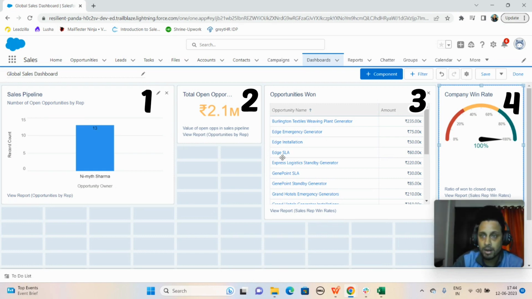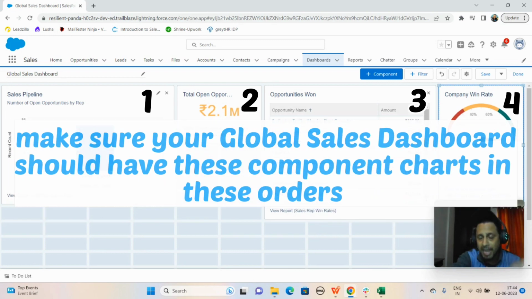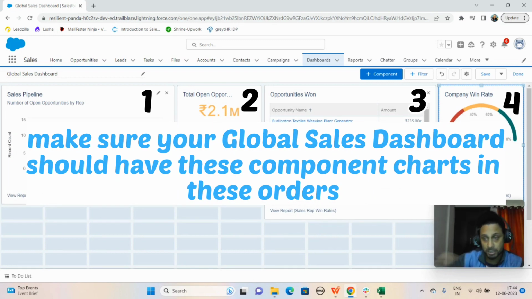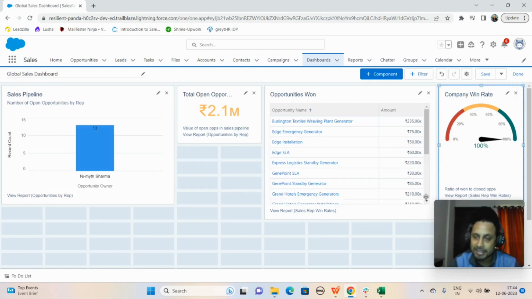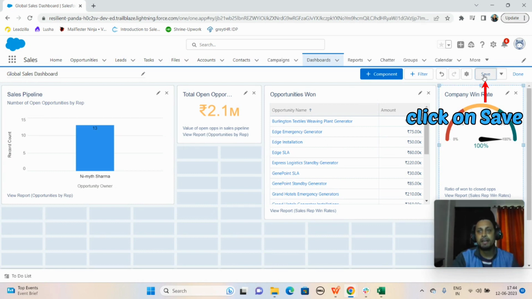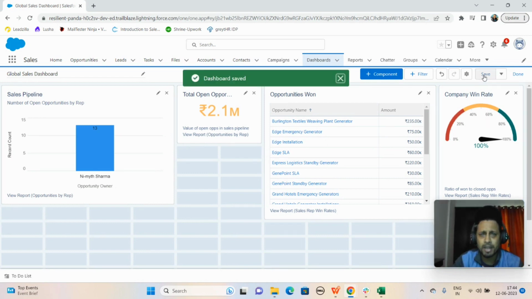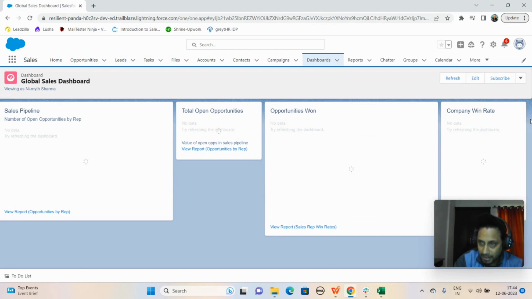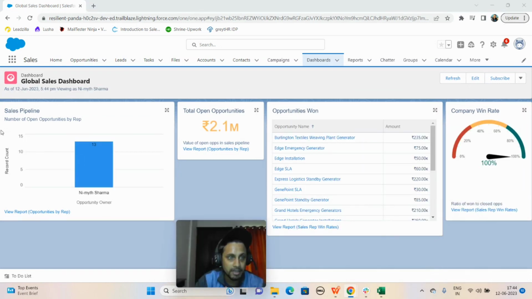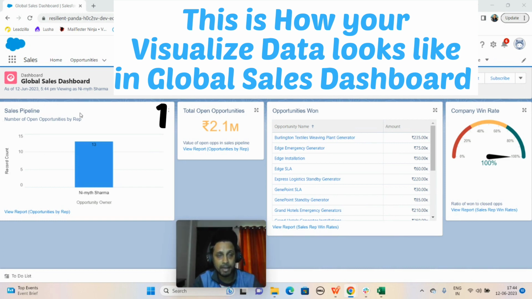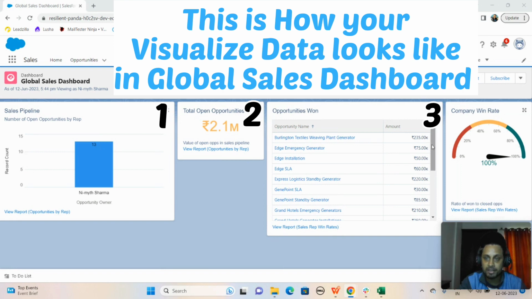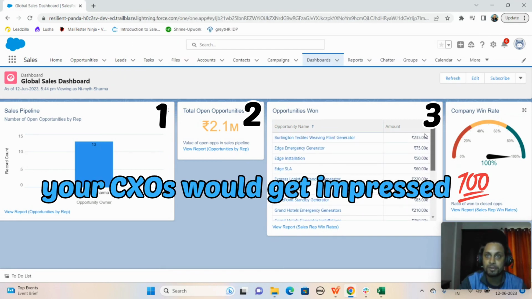नाउ व्हाट वी हैव टू डू, वी हैव टू क्लिक ऑन सेव। मेक श्योर ये डैशबोर्ड आपका, ये जो विजुअलाइज डेटा है, जो हम जिस टॉपिक पे बात कर रहे हैं, डेमो है, ऐसा ही दिखना चाहिए। और ऐसा आपका जो बॉस देखेगा ना, बोलेगा वाह वाह वाह, वी हैव टू क्लिक ऑन सेव। ठीक है। सेव पे क्लिक होने के बाद नाउ दिस डैशबोर्ड हैज बीन सेव्ड, नाउ विल क्लिक ऑन डन। ठीक है। अब डन करने के बाद आपके सामने इस तरह दिखाई देगा, वी हैव क्रिएटेड द फर्स्ट वन सेल्स पाइपलाइन, देन द सेकंड वन इज टोटल ओपन अपॉर्चुनिटीज, देन अपॉर्चुनिटीज वन, देन कंपनी विन रेट। और यही डेटा विजुलाइज आपके जो सी एक्स है उससे इम्प्रेस हो जाएंगे।